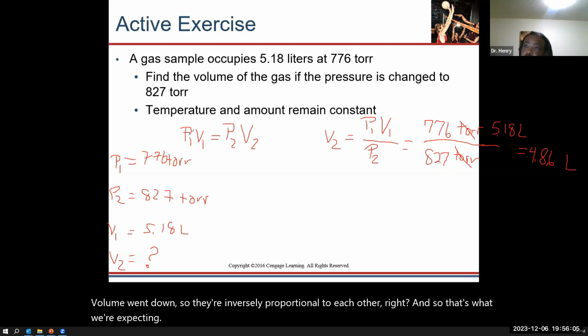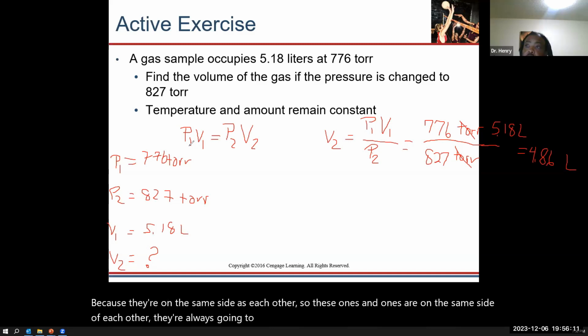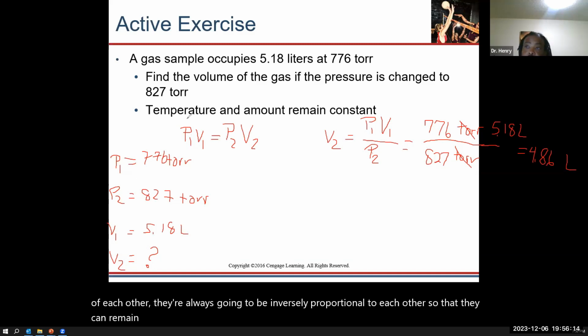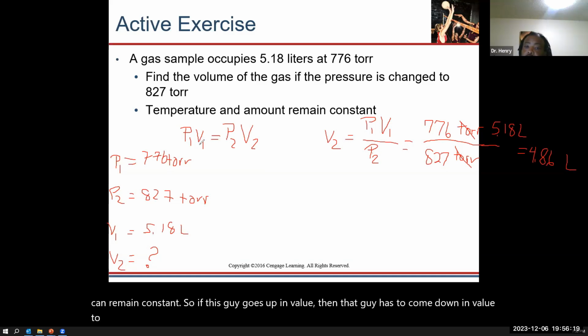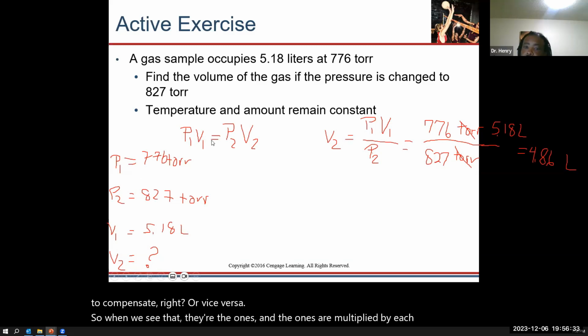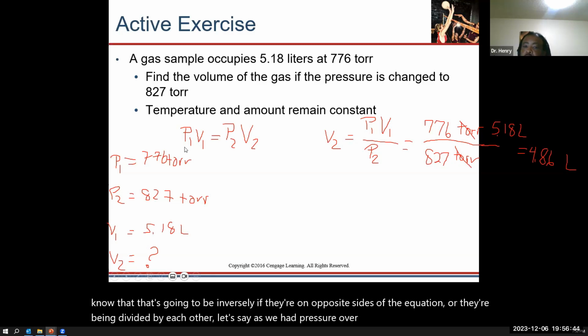Because they're on the same side as each other, so these ones and ones are on the same side of each other, they're always going to be inversely proportional to each other so that they can remain constant. So if this goes up in value, then that has to come down in value to compensate, right? Or vice versa. When we see that the ones and the ones are multiplied by each other, we know that that's going to be inverse. If they're on opposite sides of the equation or being divided by each other, let's say as we had pressure over temperature, right? So that would be